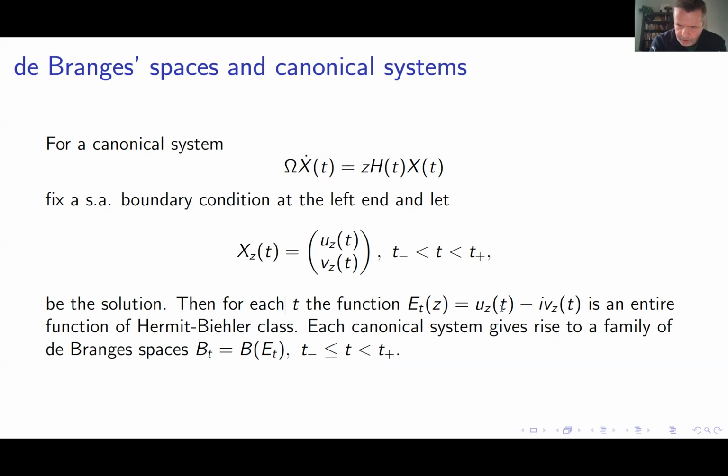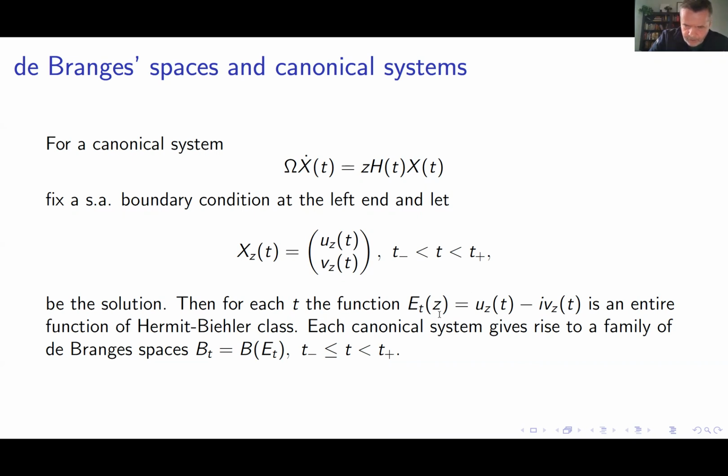Now, they're both real on the real line, because if z is real in this equation, then everything in the system is real and the solution is real. So we call such entire functions real entire functions. Those are the entire functions that are real on the real line. So both U and V are real entire functions. And E, written like this, is the general entire function